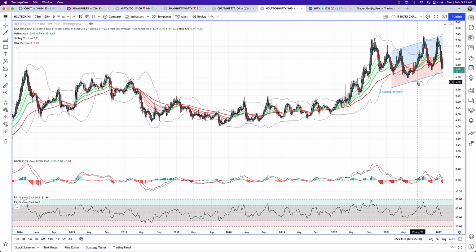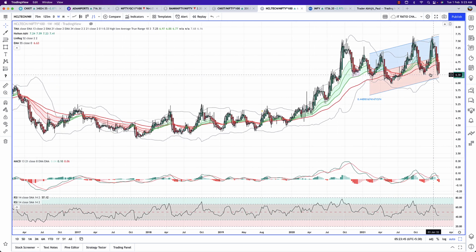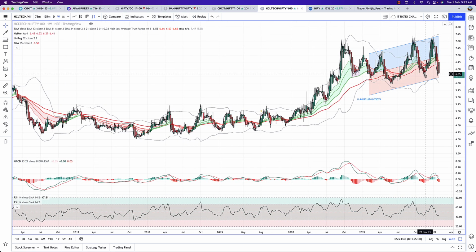HCL Tech, linear regression slope is okay, but then the bigger picture of HCL Tech's ratio chart, you can see this. It's kind of stuck here, but it's given a decent correction, a sharp correction. Last time the correction was of a similar size, but which led to a pretty sharp bounce back. You can see the same phenomenon once again playing out. It rallies itself further up just to create those divergences, bring the MACD, the slope, the neck of the MACD down, and then gives the correction.